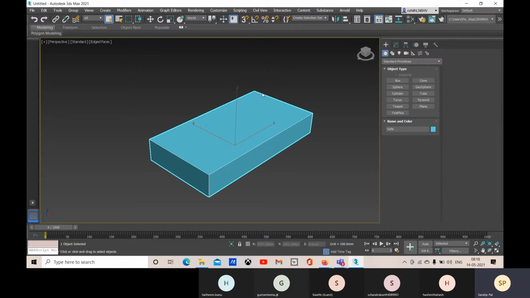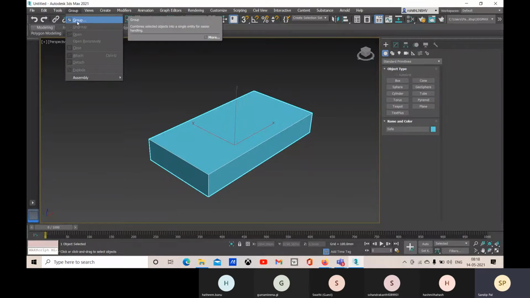So I have to add more primitives, and then I can group them. So for that, I also have this group option. So that I also can do, but that will not be like proper. Okay, so if it is needed, we can do it later. Okay, so I'm going to show you how you can design a sofa.